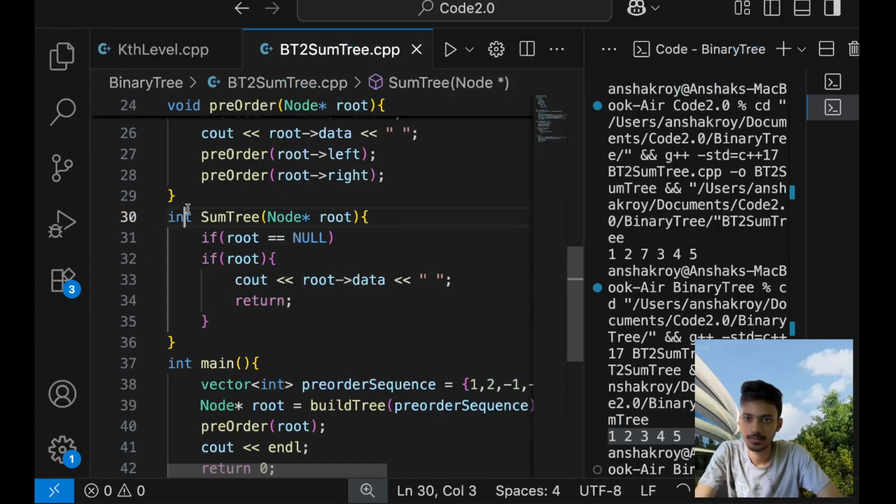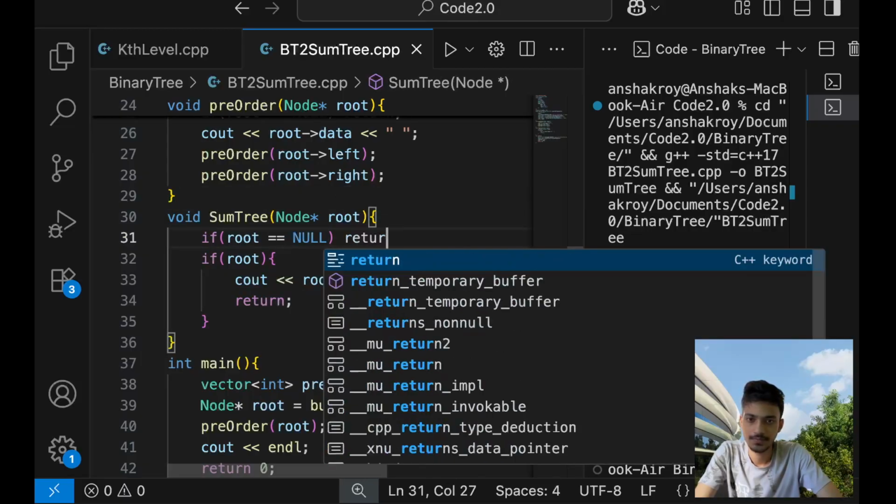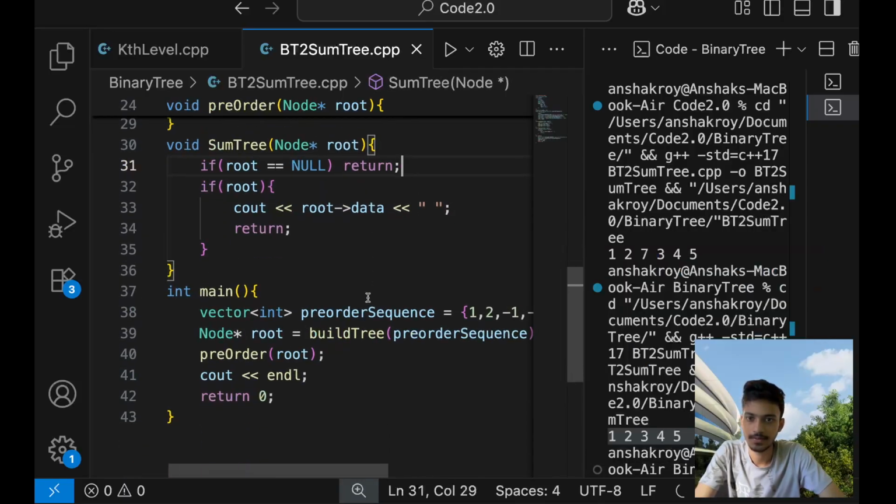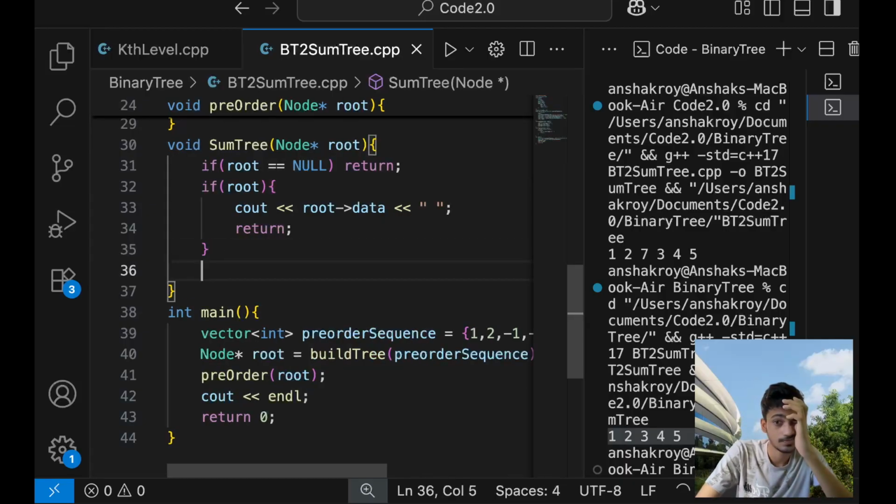Got it. Just return, no need to print anything. Next, if it is not there, just call